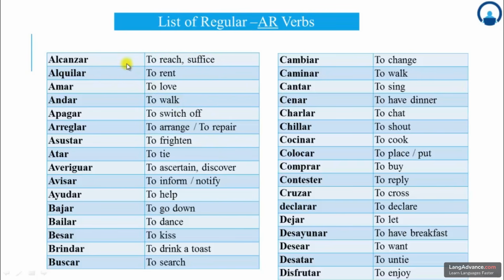So I'll be just pronouncing the Spanish AR verbs one by one, so that you can get the accent of how that word is spelled or pronounced, and the meaning you can see it on your screen. Listen carefully for the pronunciation and see it on the screen for the spelling and for the meaning. So let's start. The first one,